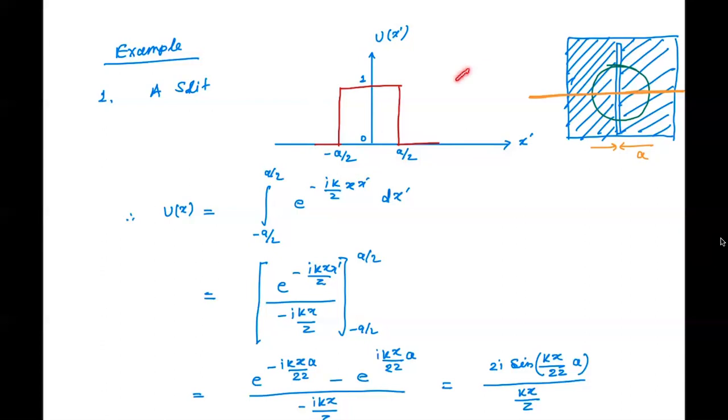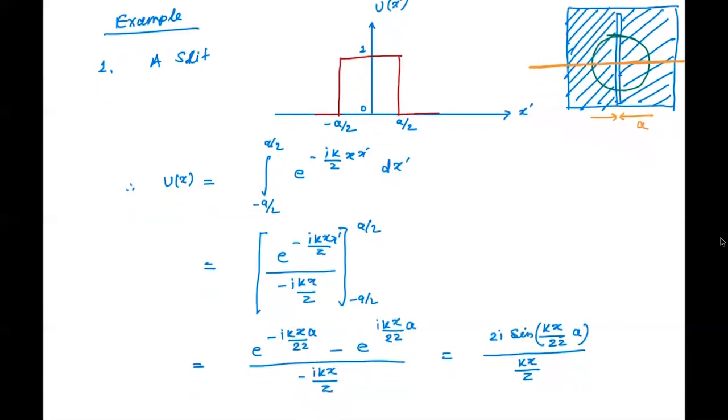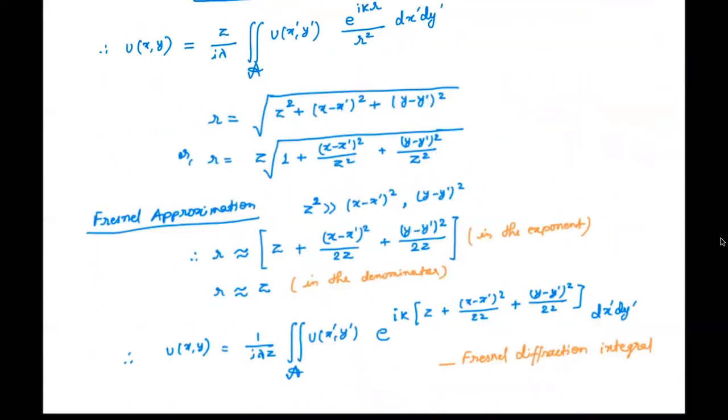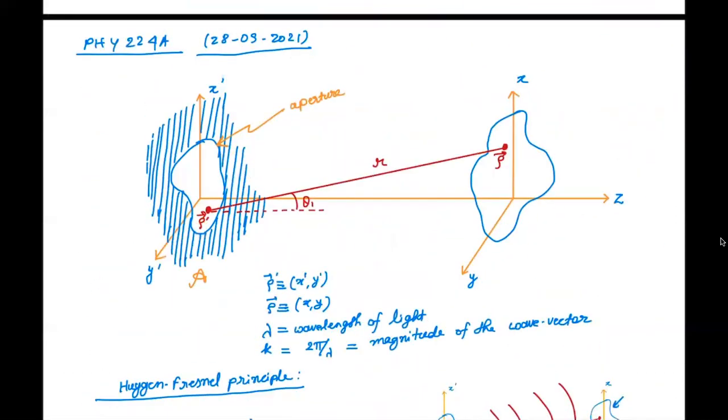Okay. So this is how you mathematically model this object called a single slit. Full transmission, that is 1, over the range minus a by 2 to a by 2, and no transmission otherwise. We are just taking it as a one-dimensional problem. So now, what happens for such an object placed here? The question is, what happens to the intensity at a plane xy, which is at location z? Okay, so that's the question.